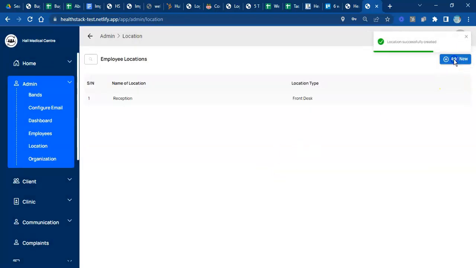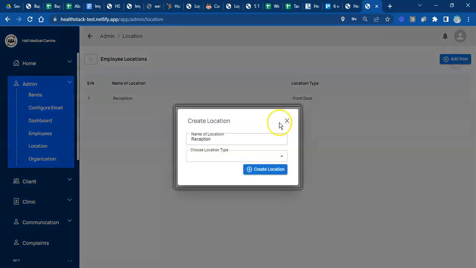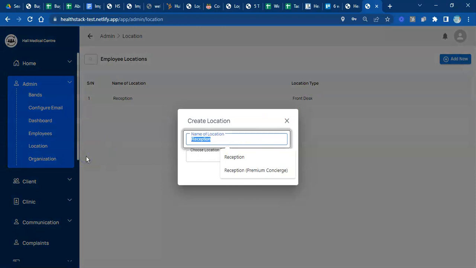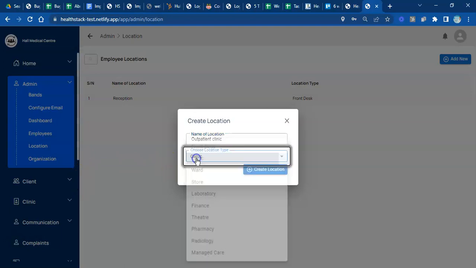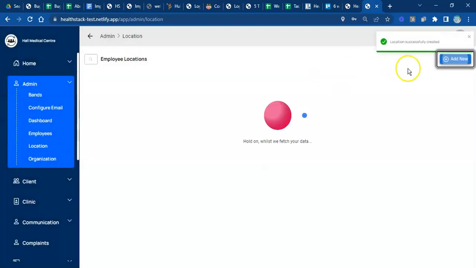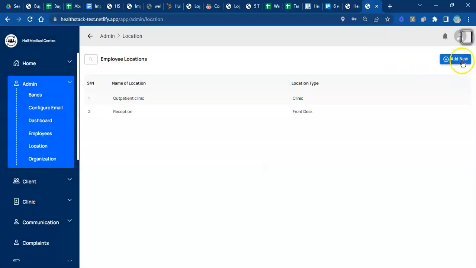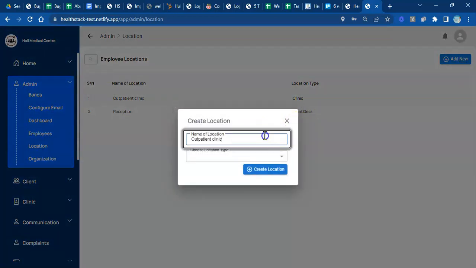The next is we're going to create a clinic location. Let's say outpatient clinic. That's the name of the location. The location type is clinic. Let me just create a second location for the purpose of this demonstration, makes it easier. So let's say A and C clinic and choose